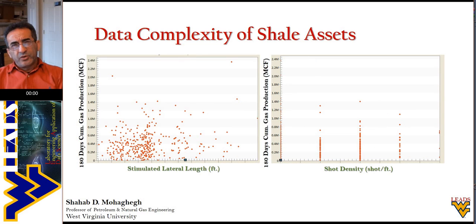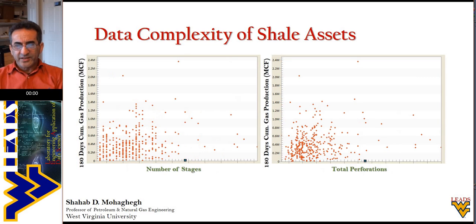Up to now, we were looking at the field measurements that had to do with formation characteristics. Now, in the next two slides, you're going to see four different parameters that have to do with the design of the completion. Here you're looking at stimulated lateral length and shot density in shots per foot versus productivity index. And here you see the number of stages and the total number of perforations